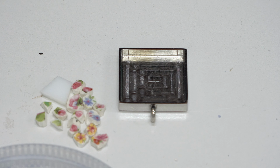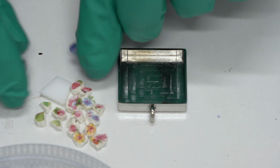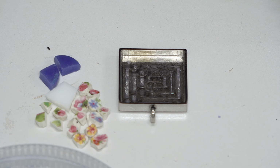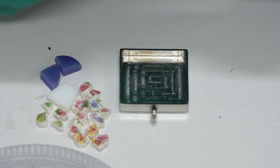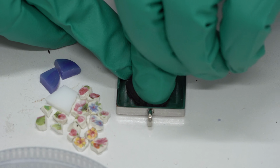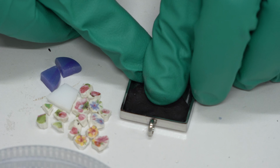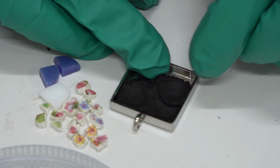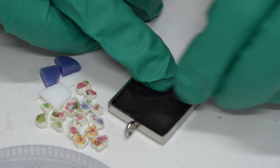There we go. And I'll just get a couple of those, put them here because I'm going to be adding those into the bezel as well. Okay, I've got the epoxy sculpt here, so I'm just going to put a bit in there. I've also got a wet rag here, just so I can take the residue off anything that I get the epoxy sculpt